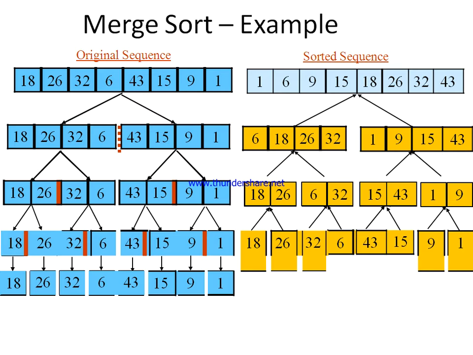So coming to today's plan, we have already discussed about sorts using divide and conquer approach in the previous class. The next example, which processes operations using divide and conquer approach, is merge sort. So here, take an example of a sequence of numbers in a list. This is the original sequence.